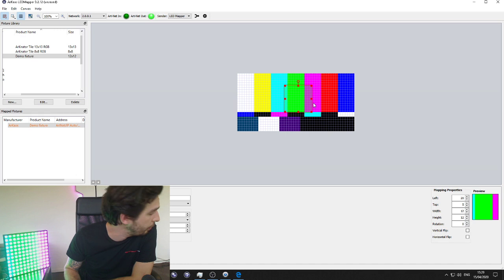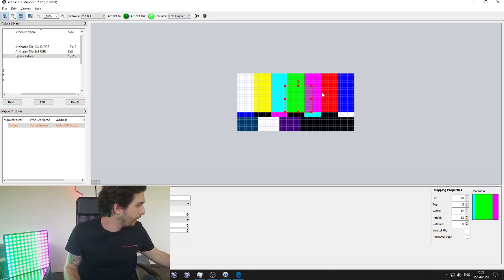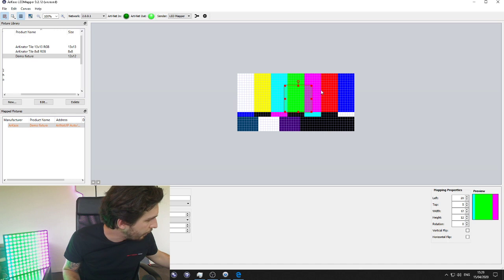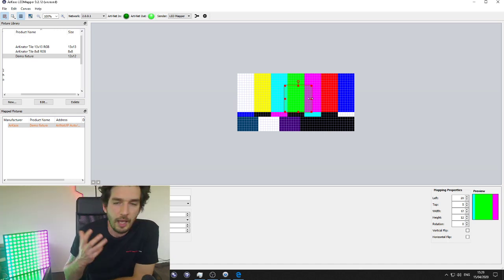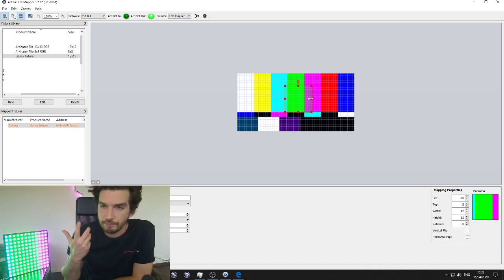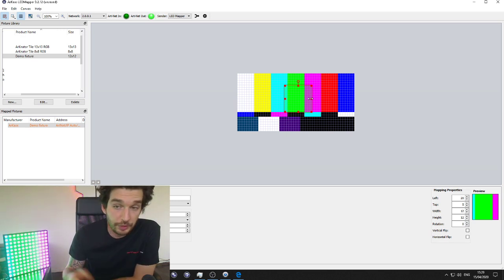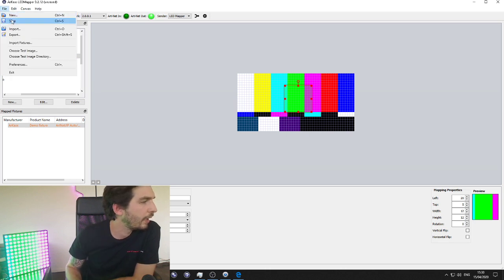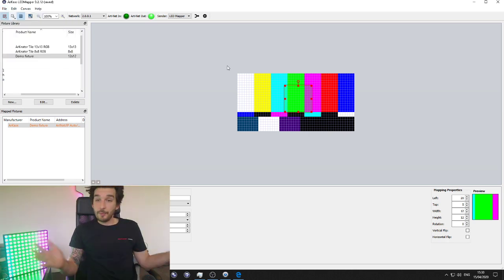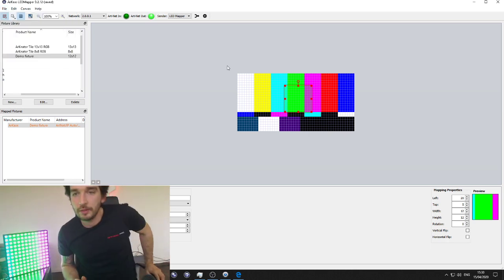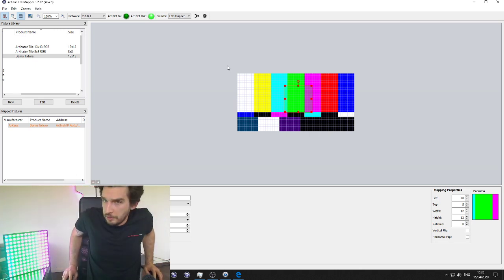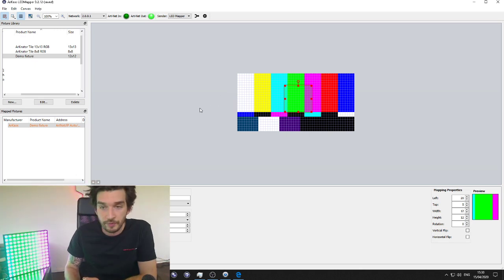So what I need to do right now, and let me check on the chat if everybody is following. Yes. What you need to do right now, you need to save your mapping. So just go save, file, save, and that mapping is automatically saved. Again, software didn't ask me anything there, just hit save, didn't ask me anything. Did it save something? Yes, of course.